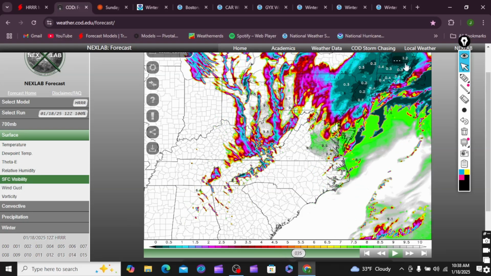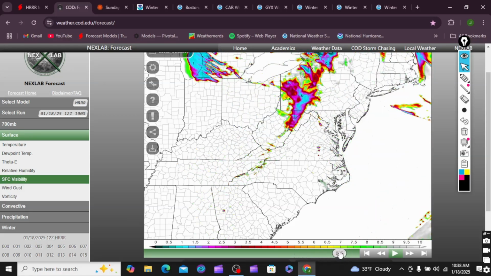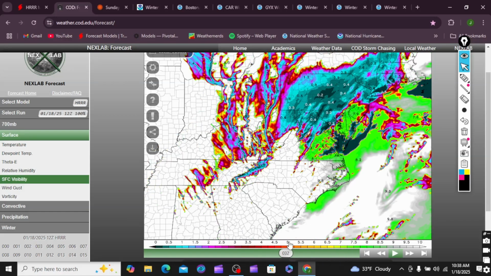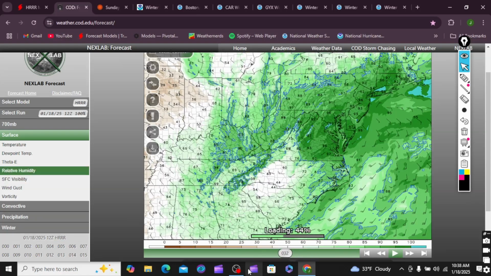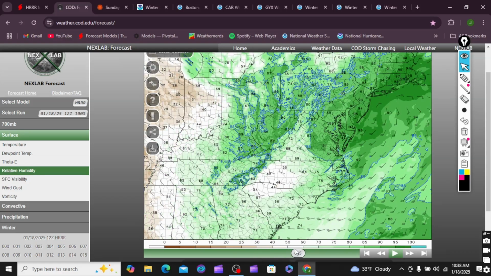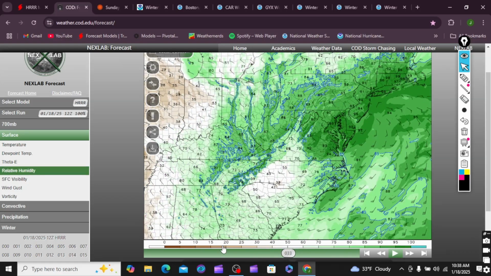Okay, very bad conditions. You wouldn't be able to see like 10 feet in front of you, but very bad visibility tomorrow too. The humidity, the road, it's gonna be pretty moist here with this low. It's gonna be in the 90s here, so it's gonna be dumping pretty good.